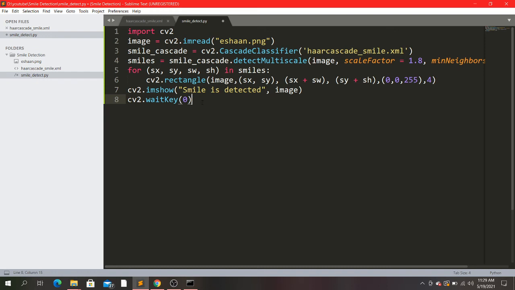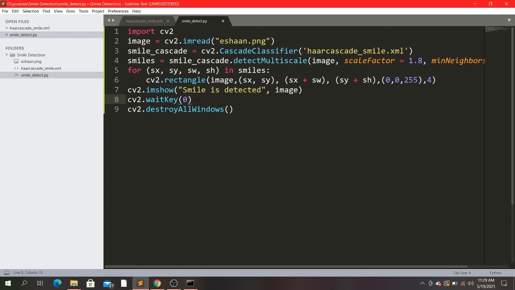Then cv2.destroyAllWindows. So cv2.waitKey and cv2.destroyAllWindows mean that if I press any key, the window showing our image with the detected smile will close.